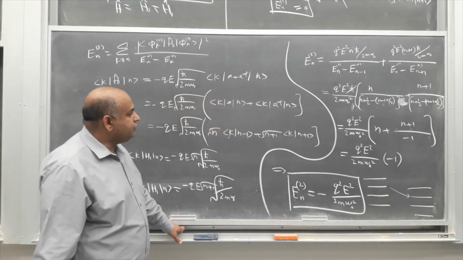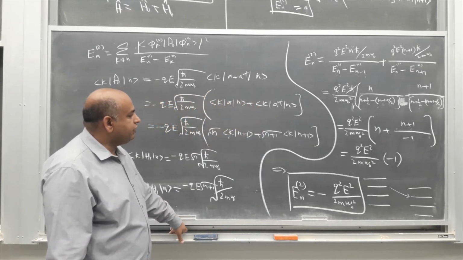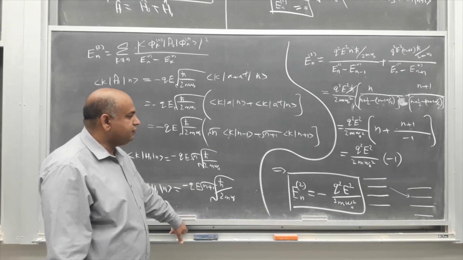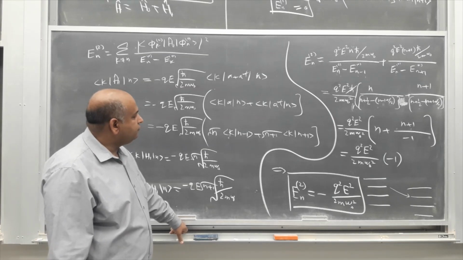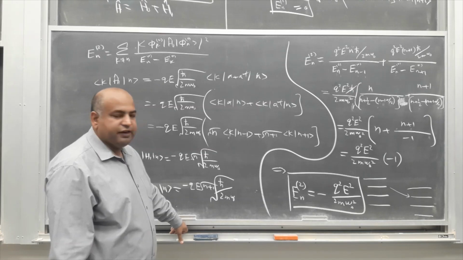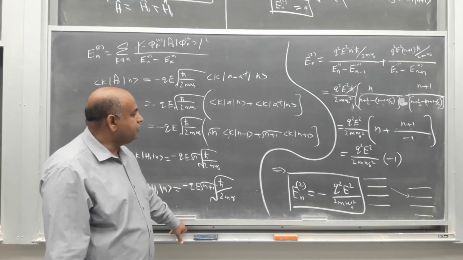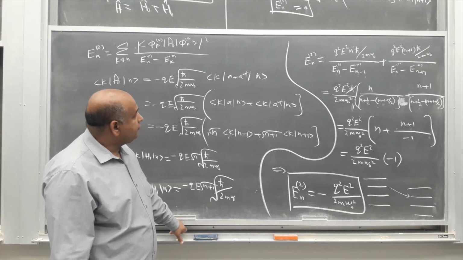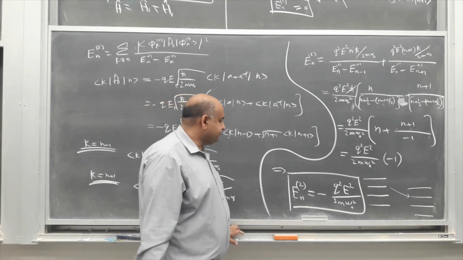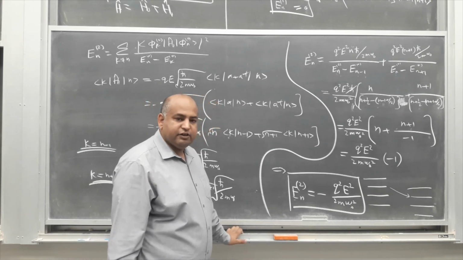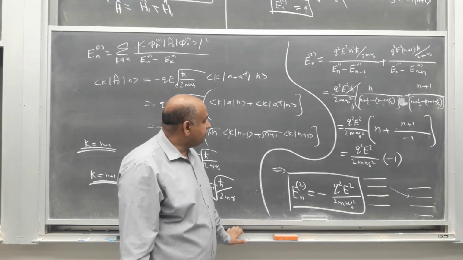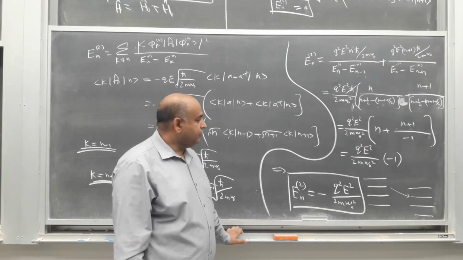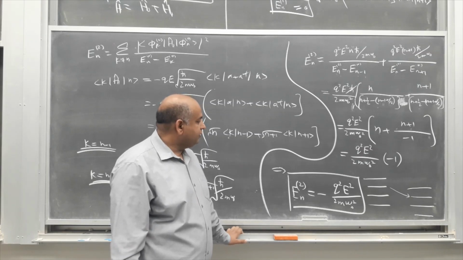So this is how we can use the non-degenerate perturbation theory to find the corrections to the eigenenergies of different non-degenerate systems. By the way, this also tells us that there is no permanent electric dipole in an oscillating quantum harmonic oscillator, because if there were one, then the change in energy would be proportional to